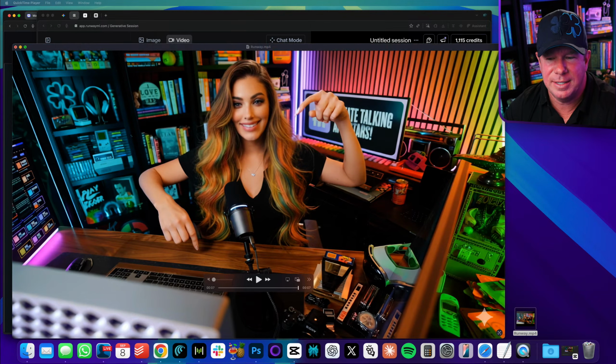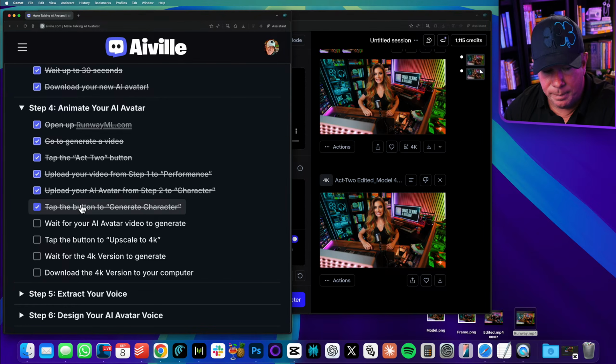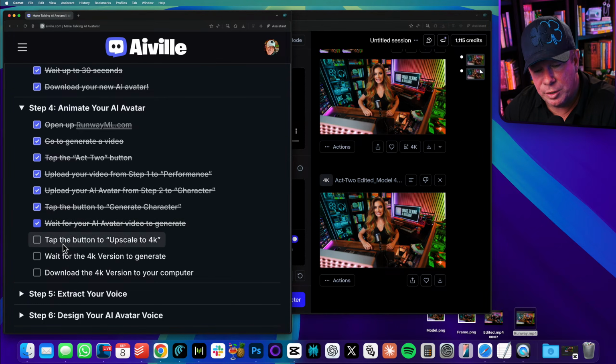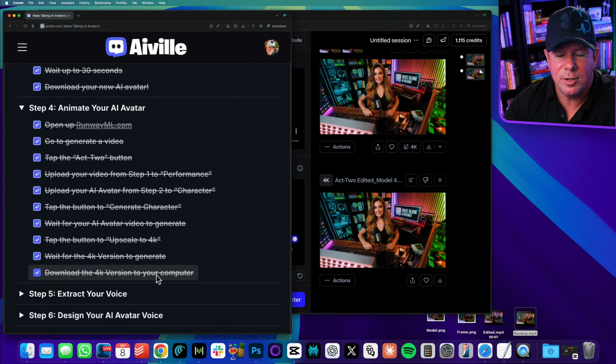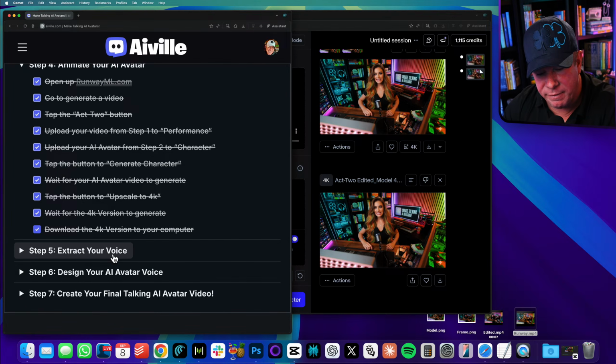Okay. So this is just like step 1. And I'm sorry, it's actually not step 1. This is step 4, because we're on step 4. So we waited for our avatar video to generate. We tapped the button to upscale to 4K. We waited for the 4K version to generate. And now we just download the 4K version to our computer, which takes us to step number 5, which is